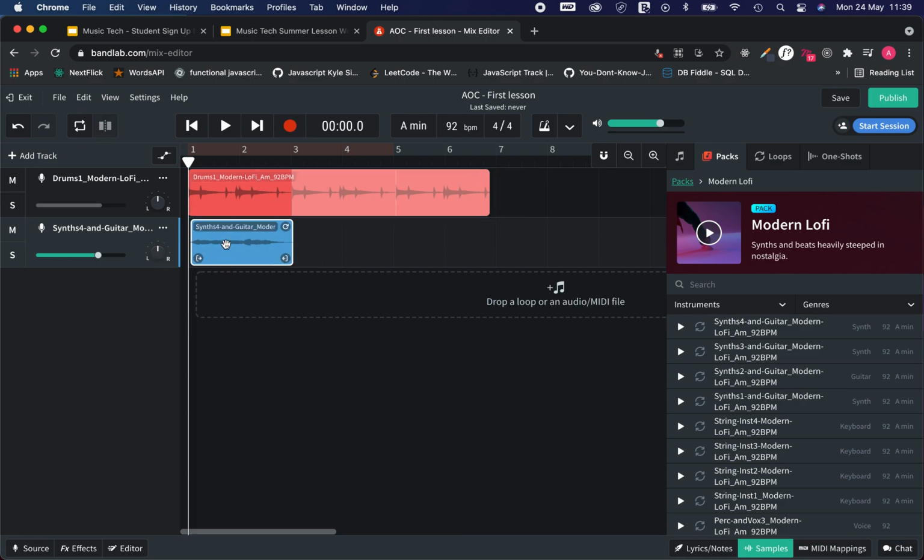So I've got this synth here. I can actually drag this over to 4 or 8 as well. I'm going to drag it to 4. You'll notice it appears here on the left hand side. I can actually change the volume if I want of this particular instrument, and once I press play now,